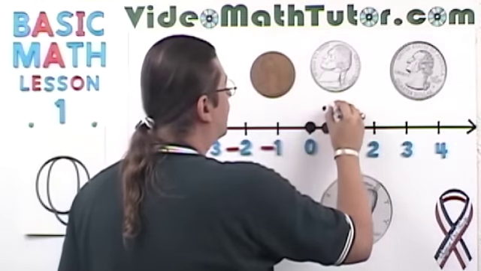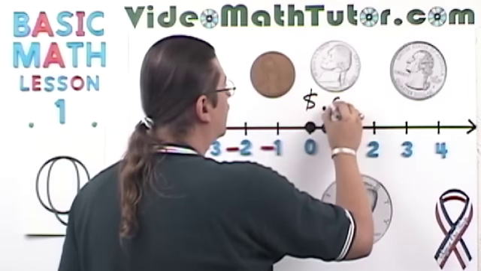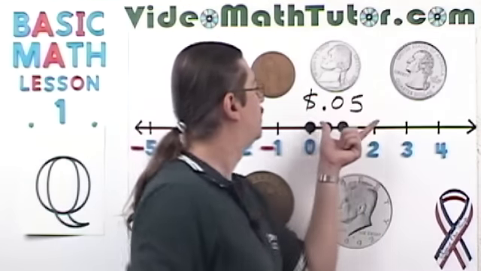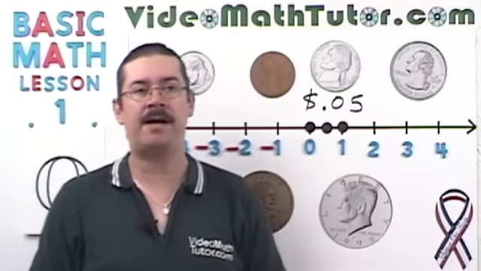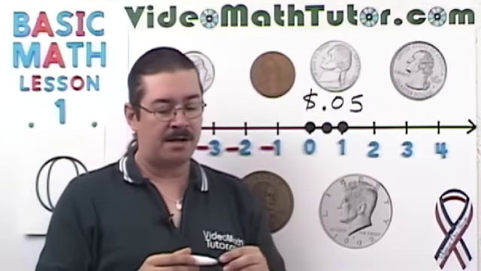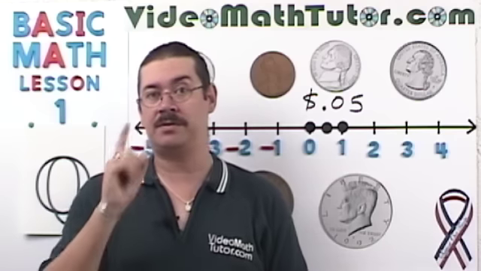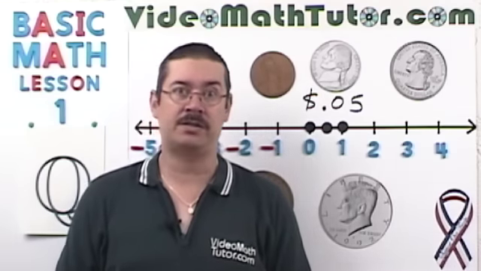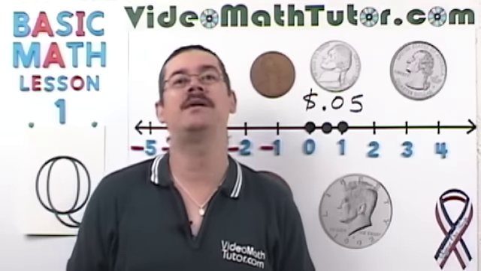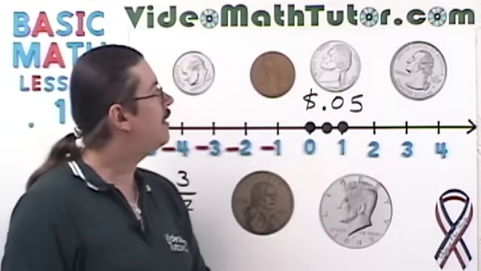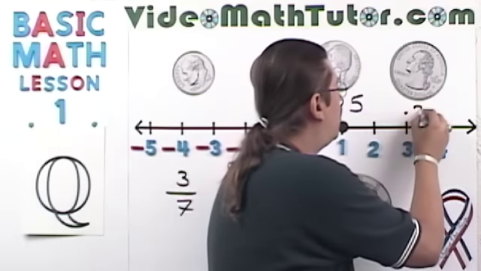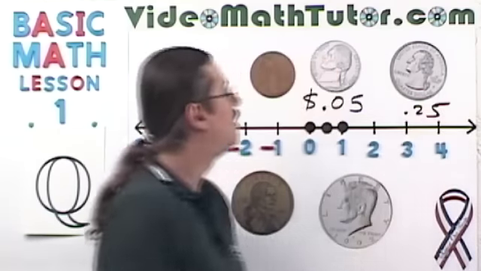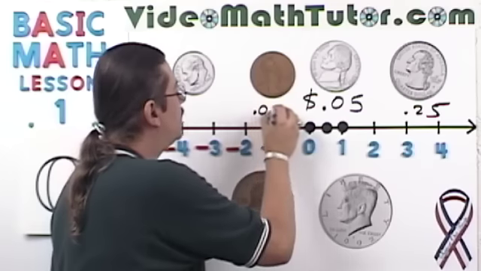Well, 5 cents can be represented with dollars like this, 0.05. So it turns out certain decimal numbers, not all decimals, but certain decimal numbers are also rational numbers. Well, which ones? Well, definitely something like this, or let's say 0.25 for a quarter, 0.01,